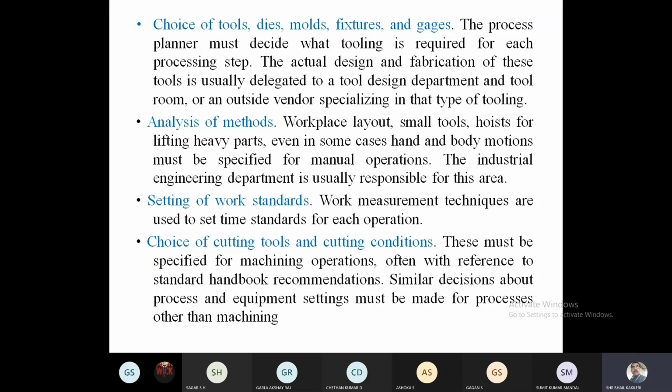And in CNC machines this will not be done. This technique will not be used. Once the active cutting edge of the cutting tool is over, it has to be replaced by another one, or the tool changeover takes place automatically in the CNC machine. Okay, and now for a particular job, what should be the speed, feed, and depth of cut? There is a lot of research work going on this. So here the speed, feed, and depth of cut will all be decided by the planner.